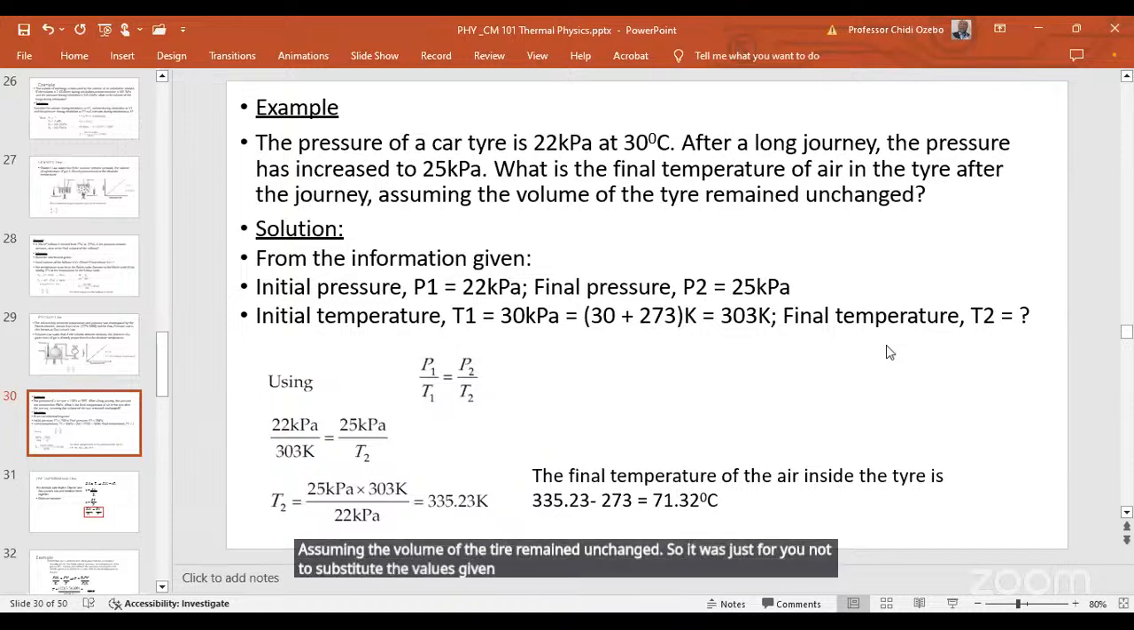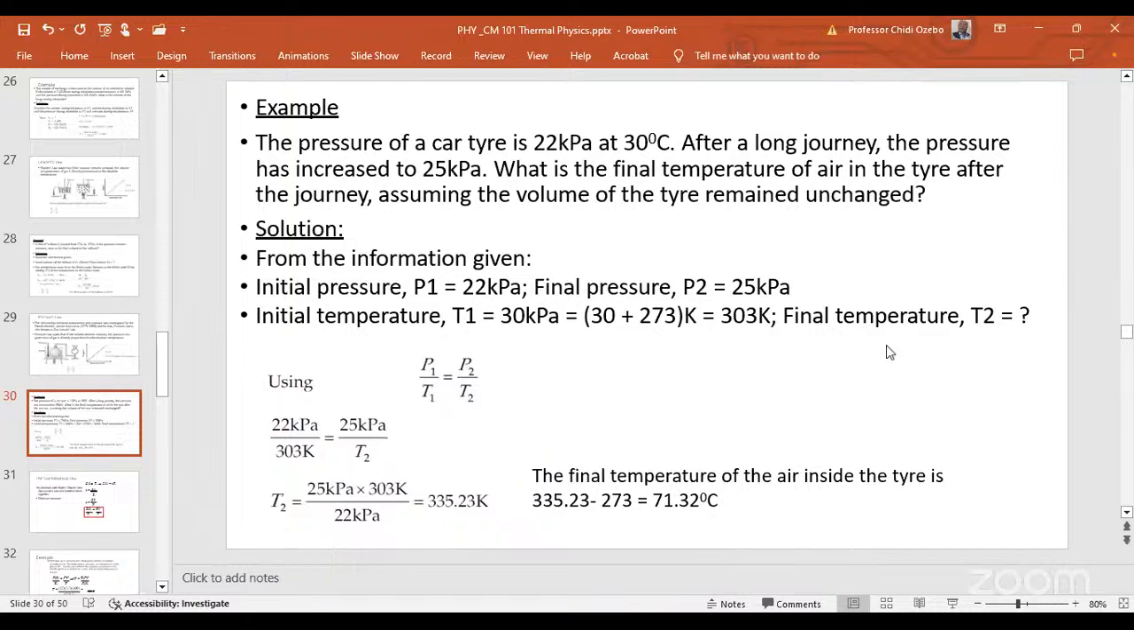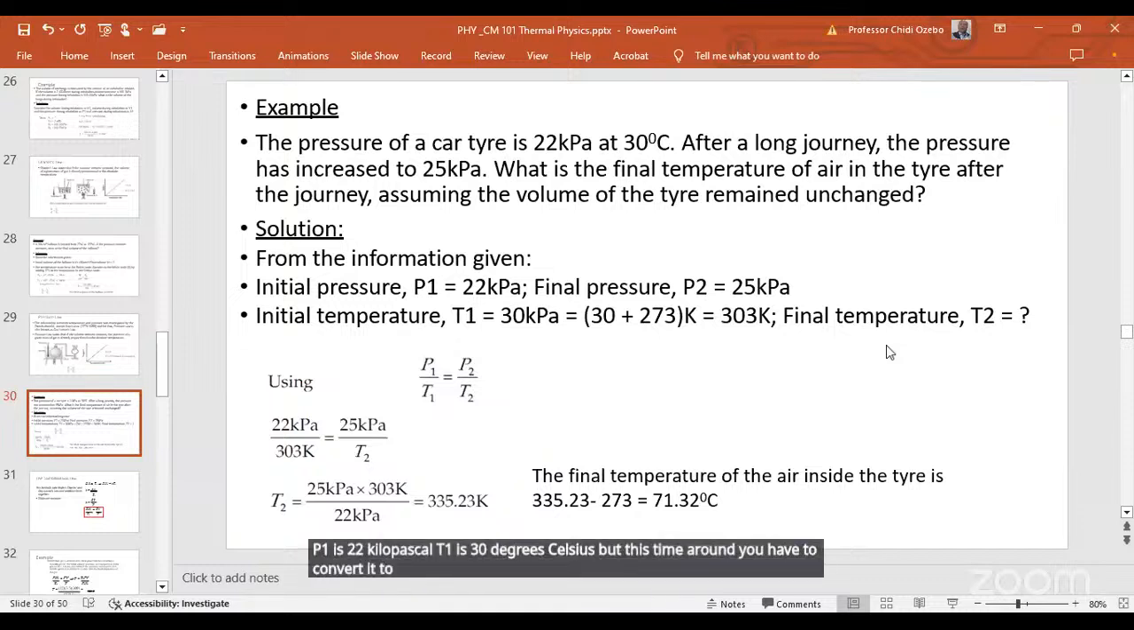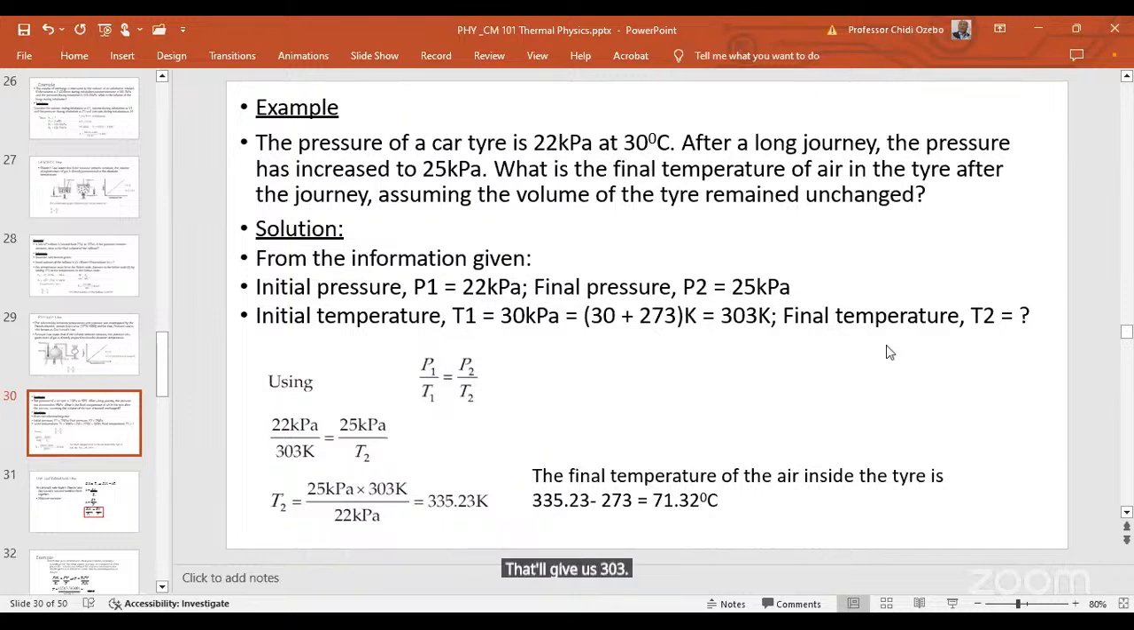Just write out the given values. P1 is 22 kilopascal. T1 is 30 degrees Celsius, but this time around, you have to convert it to absolute scale. So 30 plus 273. That will give us 303. P2 is given as 25 kilopascal. So you have to look for